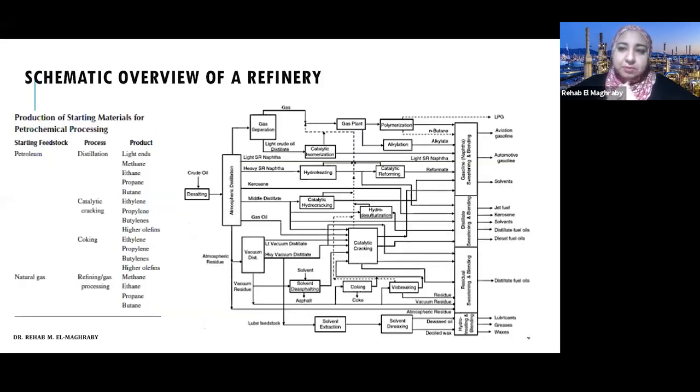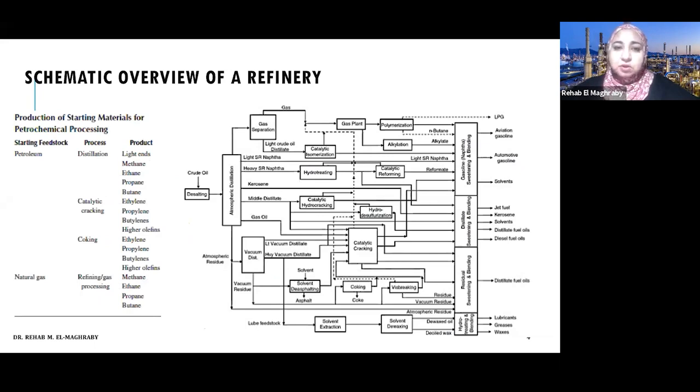So, what about benzene, toluene, xylene? Are there any sources that we can use to get this benzene, toluene, xylene? Yes, actually, we can use crude oil. So the crude oil industry, which is based on the refinery industry, we can use it to produce benzene, toluene, and xylene, and the other gases also. They are called refinery gases from the different processes.